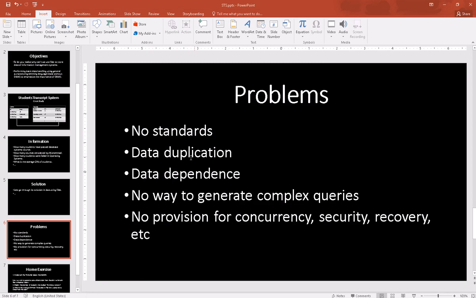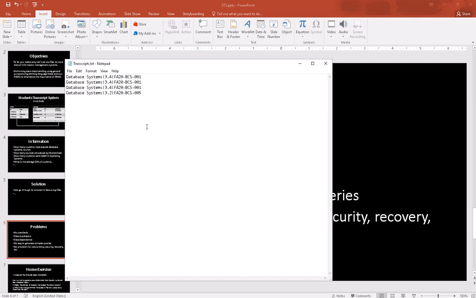Data duplication. There is no check on our data, right? You see the student registration number is repeating many times, and the course is the same, and the GPA is the same. This is actually a duplication of data. The same record has been added to the file 3 times. This is called duplication. You should never allow duplication of data in your information systems. How we restrict it, or how we control this in the DBMS, we will see later, and it is so easy in DBMS applications.